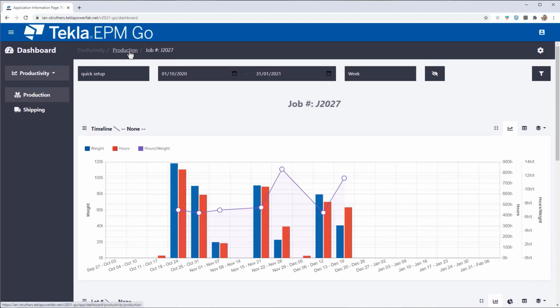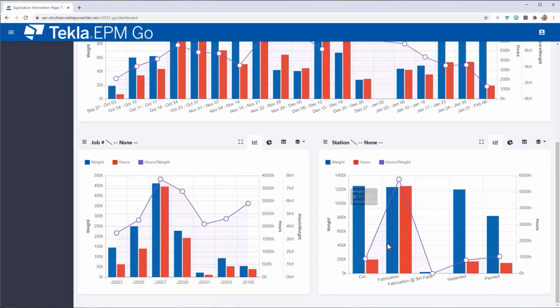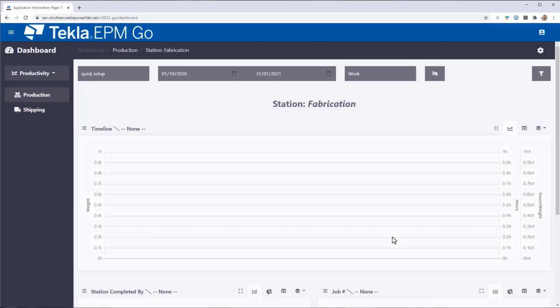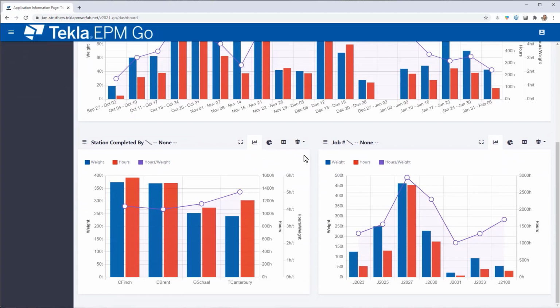I can do the same for stations. If I want to look at, for example, the fabrication station, let's be honest, that's the one we're predominantly interested in. We're now looking purely at the fabrication station, and we're starting to see station completed by, so I can compare the performance of my 4 fabricators. Looking at this, they're all pretty equal.